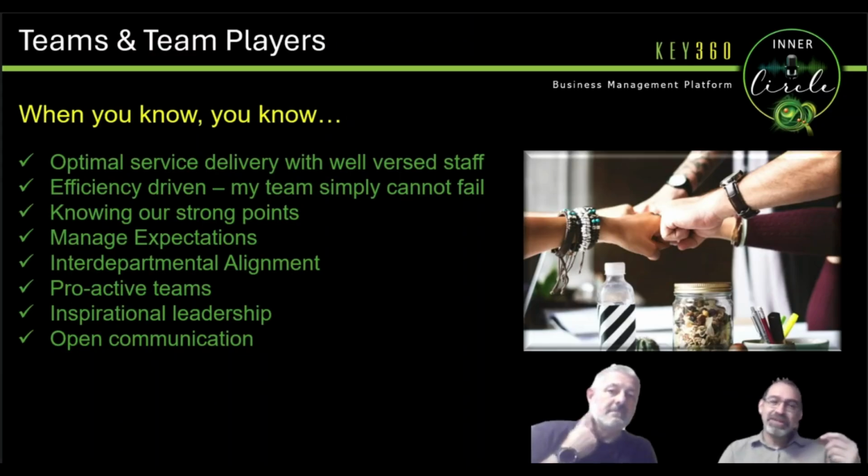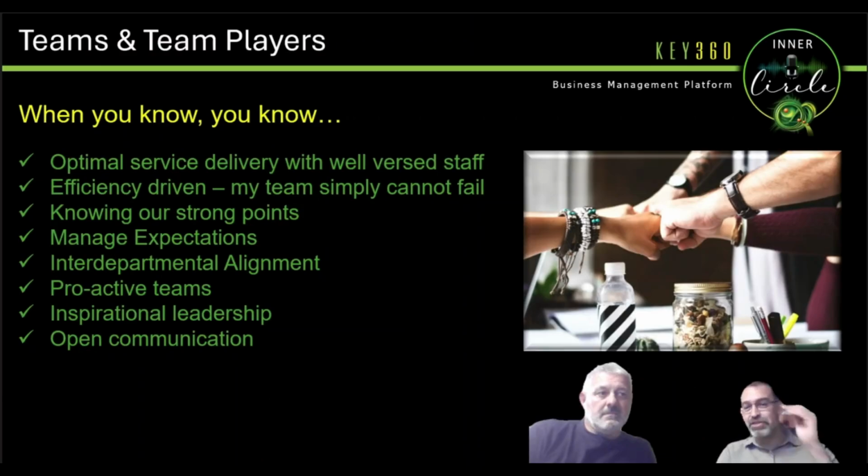And that's almost at that level that you really want to operate. You want your team to actually get each other, to stand in for each other. And like you said earlier with that first analogy, actually brilliant, to know where the shortcomings are so you can stand in for each other. Not to cover it up, but actually to fix that and to say, listen, where you fall a little bit short, I've got a little bit of a strong point there, but where's your weak point? I can fill that in for that, and vice versa, of course. So yes, optimal service delivery with well-versed staff.